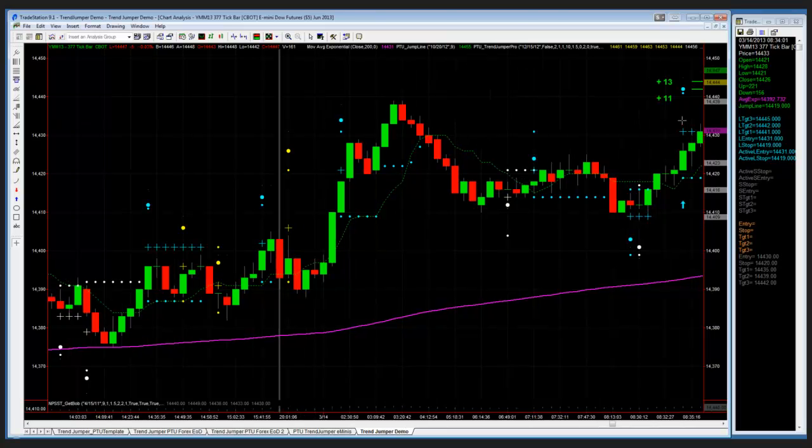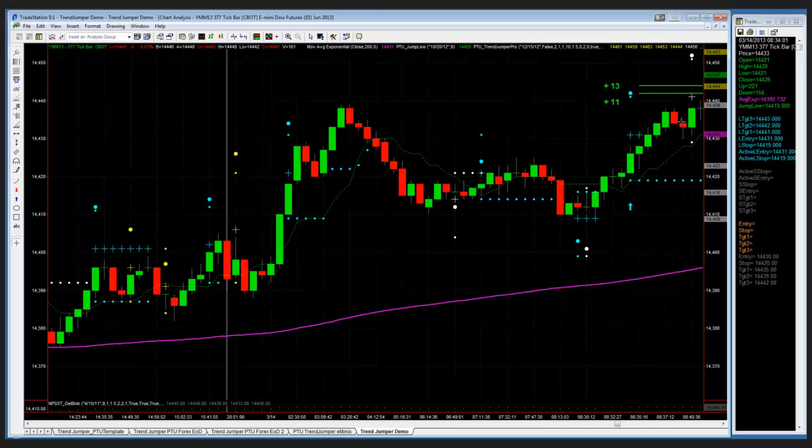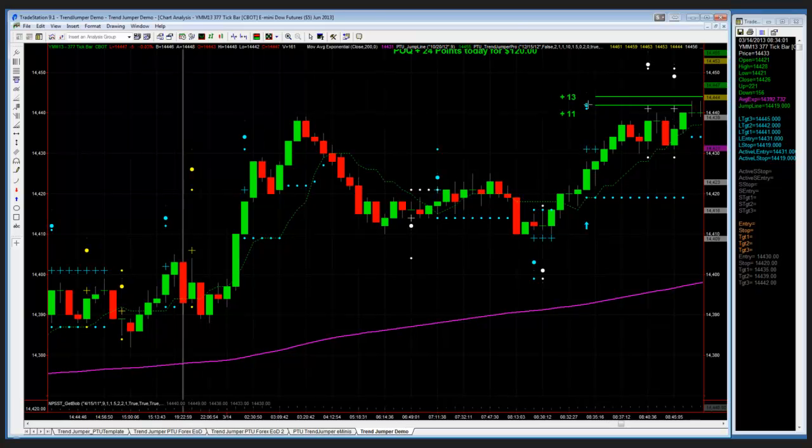This one triggers in today, and it hits the first target where we're exiting half our position. That's 11 points at $5 a point. It's 55 bucks. Is that a scalp trade? Probably. I would think it would be. But look at how the stop moved up, locked in profit for the trailer, and actually had us in position to catch a bigger move. So it's kind of a hybrid, isn't it?